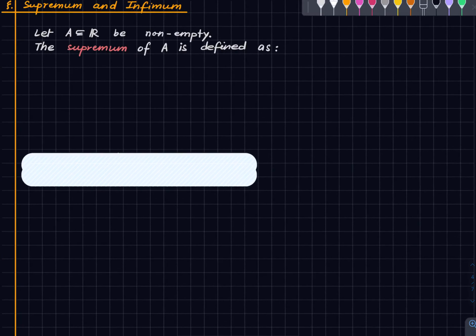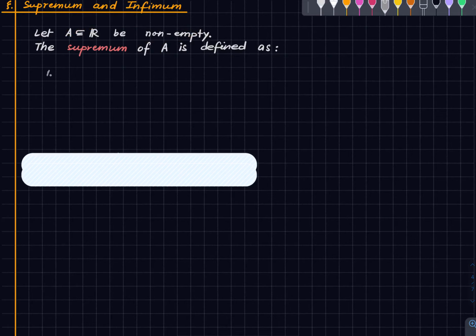So let's look at a few more concepts, which are not really new concepts, but they are terminologies which we will be frequently using. So it's a good idea to spend time on it. So fix a non-empty subset of the real numbers. So now we have our real number field. We have seen that it exists and is unique, even though we haven't proved any of that. The unique real number field we will denote by this symbol, and it has an ordering. So all of that is there, and now once we have a non-empty subset of it, the supremum of this non-empty subset is defined as